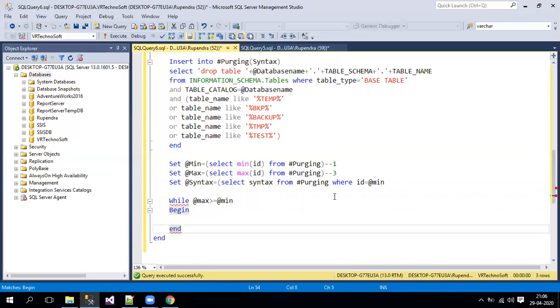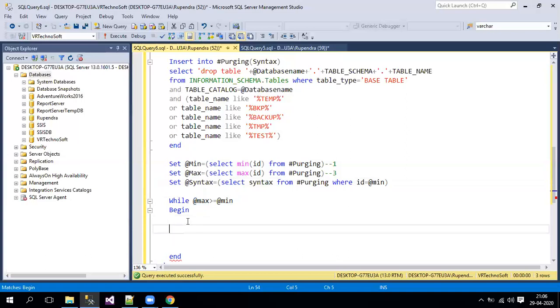Here a closing bracket is required, that's why it is showing error. Now the initial value in the max is 3, and the initial value in the minimum is 1. So 3 greater than or equals to 1 is a true condition, because 3 is greater than 1, right? So it will come into the loop.